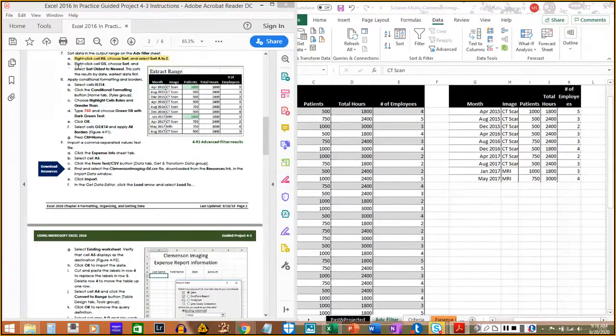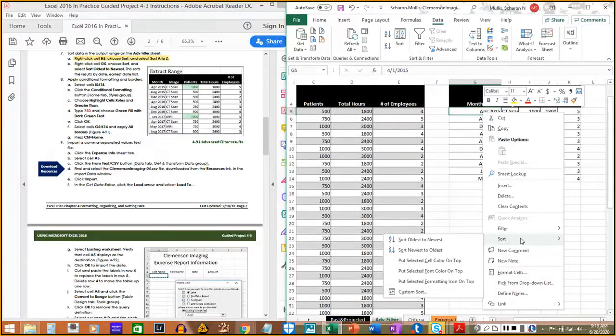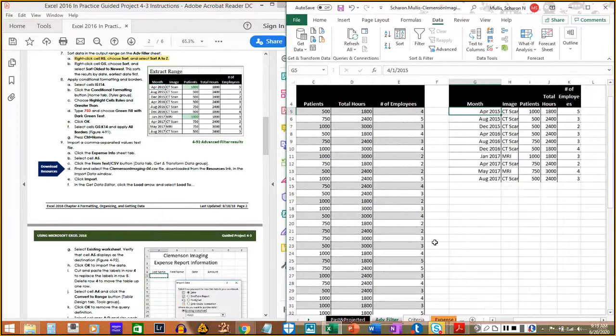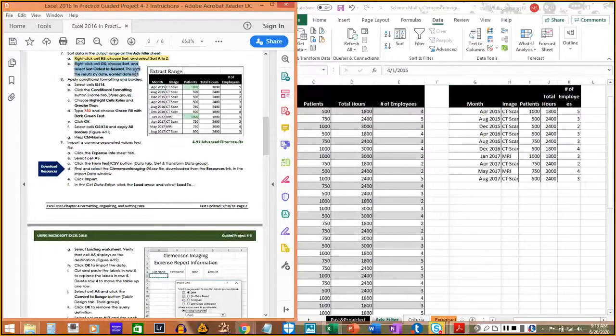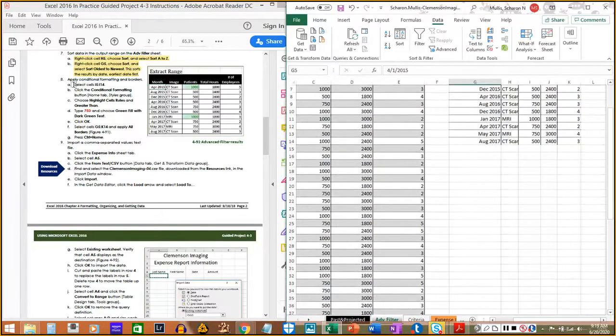All right, 7B says right click cell G5, sort, and select oldest to newest. This sorts the results by date, earliest date first. All right, that looks good. So now is a good time to save. Control S. All right, number 8 says